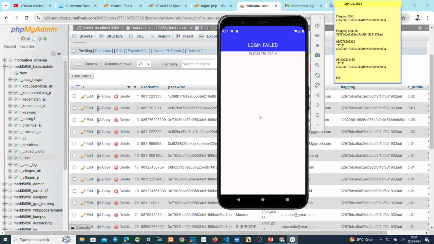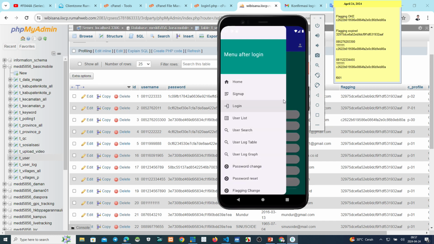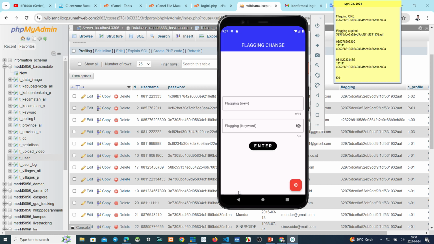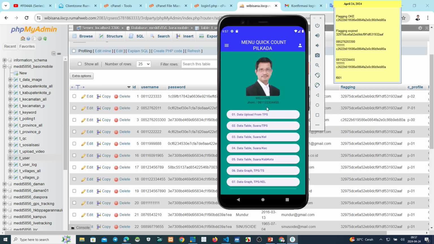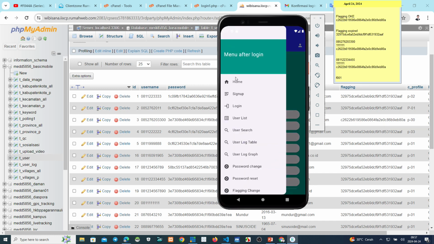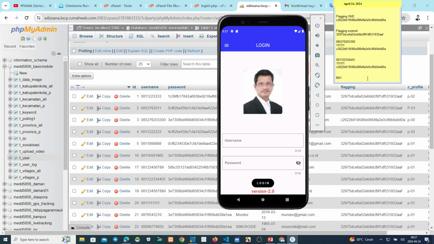So now we go back to this app, this one. Oh, we try login first, this one, the old, yeah. Now we make login with this one.